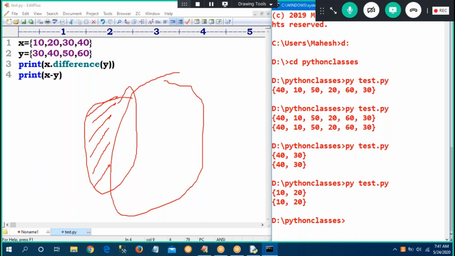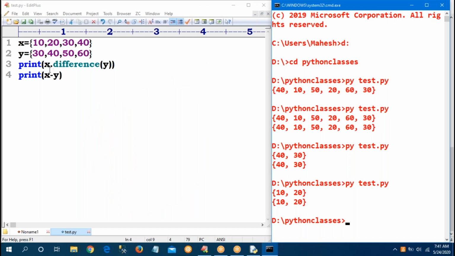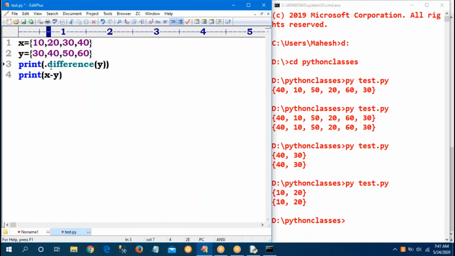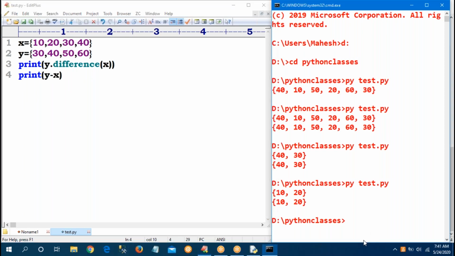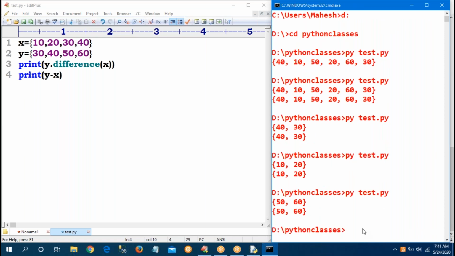That is A minus B. If I am asking Y difference of X, then the values available in Y, not in X, 50 and 60. That is the difference function.